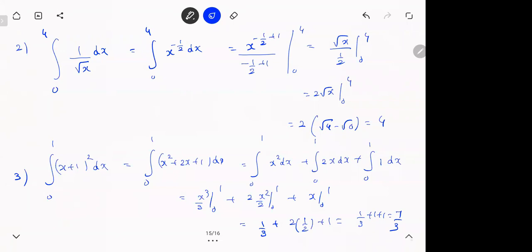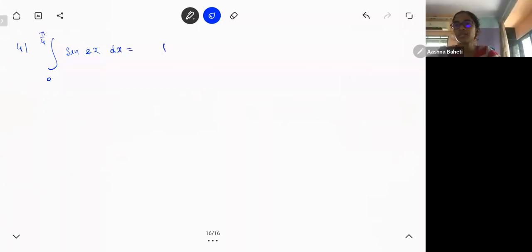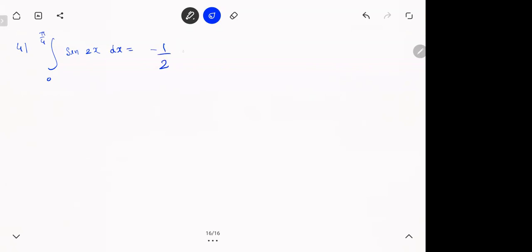You had to write (x plus 1) whole cube by 3. When you put in 1, you get (1 plus 1) whole cube, so that is 2 cube by 3, 8 by 3 minus 1 by 3. You'll get it, but it's still wrong. It works for this thing. Even if we have something like (x plus 1) whole raised to 10, we'll have to expand it. Normally you have to expand it. But there is another method called integration by substitution. We don't require it. When something like that comes, I'll teach you. Don't worry. Right now we will see.